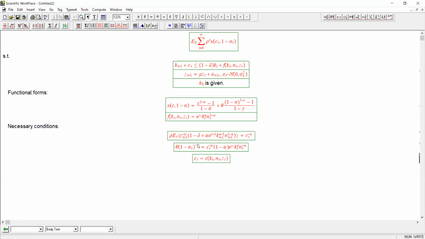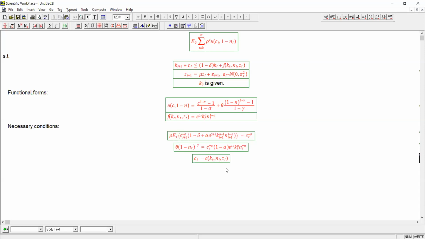Very easy, just divide both sides by all of that, multiply everything to the power of 1 over minus sigma, and we'll have that function. So this means that we can reduce our system by 1 variable by simply replacing c_t everywhere with this. So this would show up here, and this would show up here as well, but with t plus 1 indices